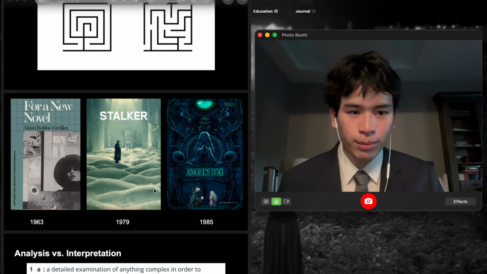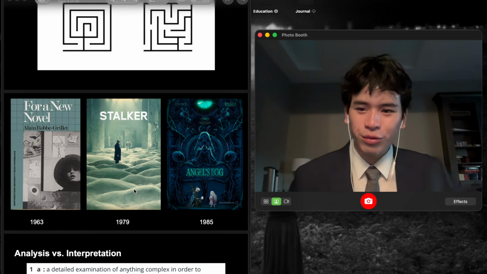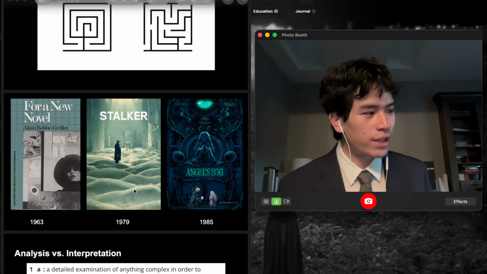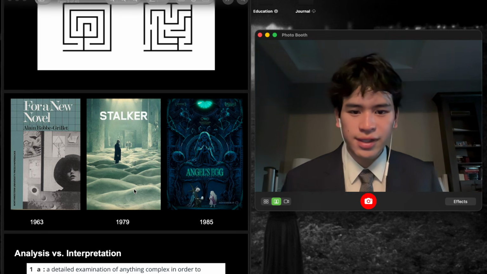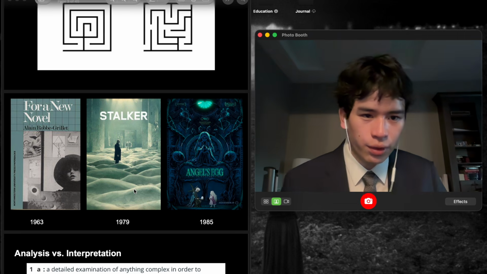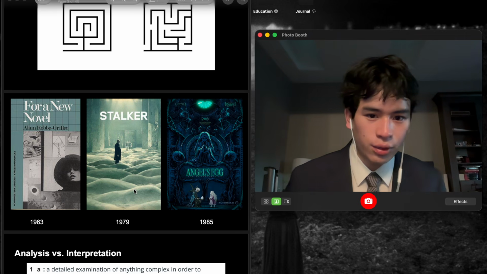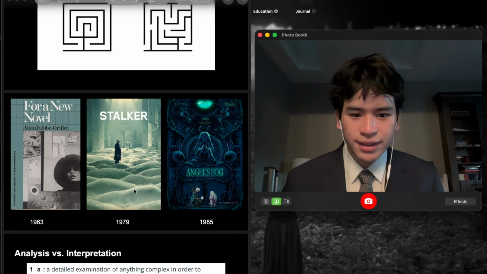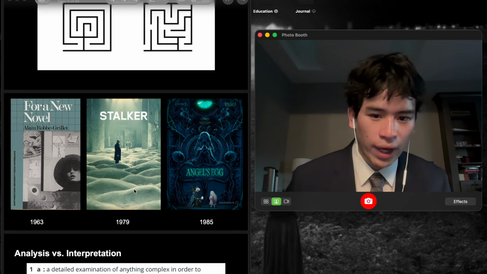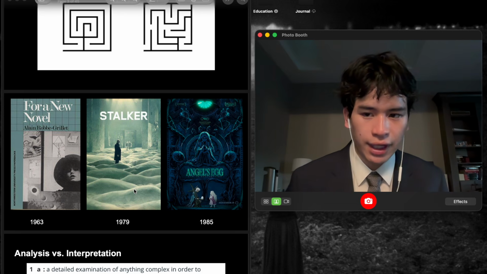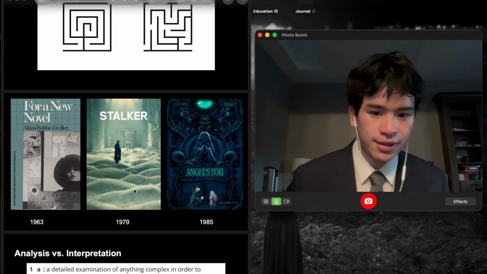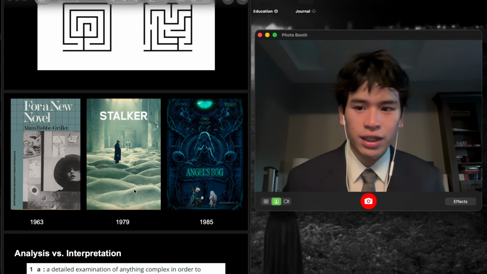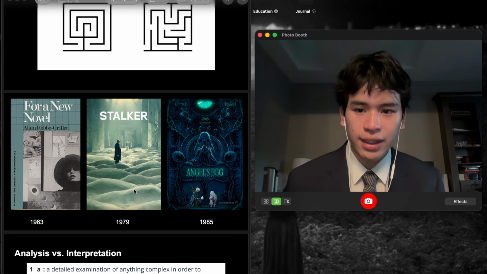So going from left to right here, we have Alain Robbe-Grillet's For a New Novel, which is a series of essays that he writes on fiction, where he introduces this idea of the nouveau roman, and he's the father of this movement of the new novel, even though he doesn't really like that term. But he is the father, and it is really a radical way of consuming and creating literature that is intended to be very iconoclastic, that is intended to tear down the status quo of the present form of the novel. So I'll get into more what that actually looks like in a bit,